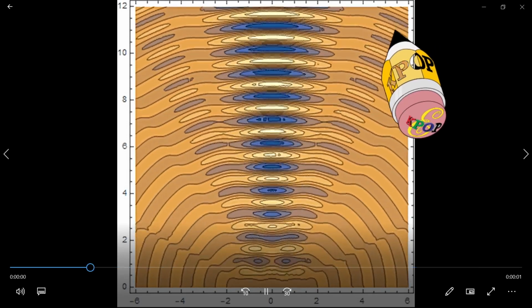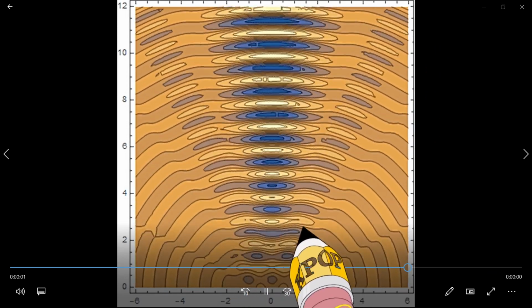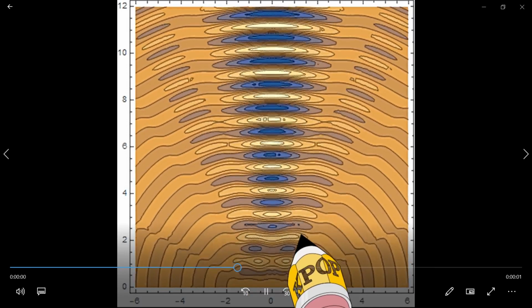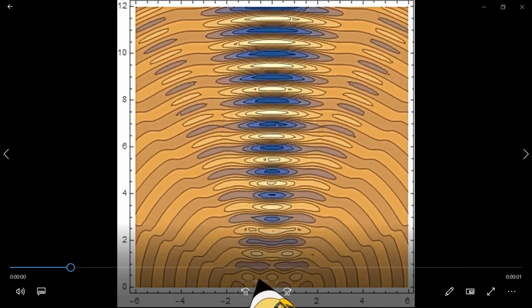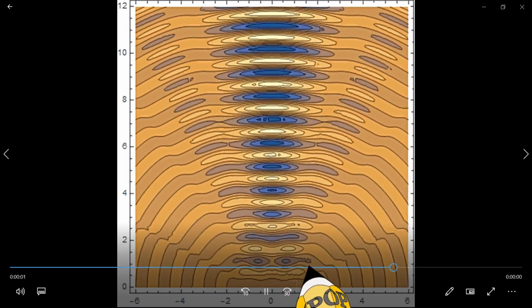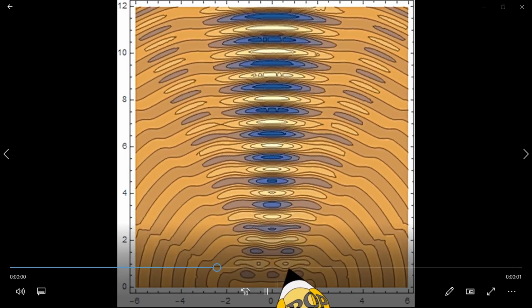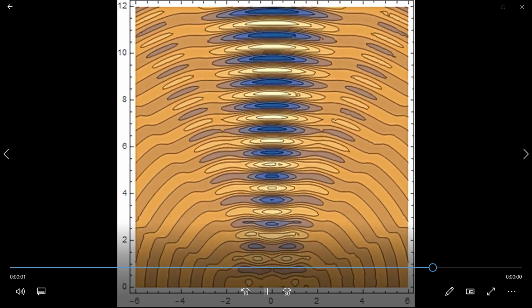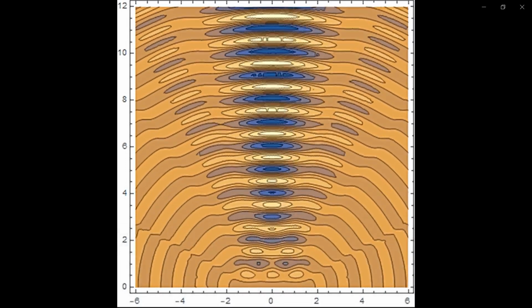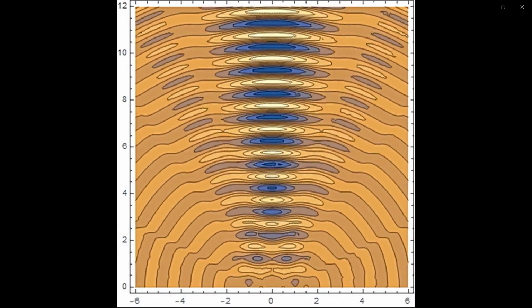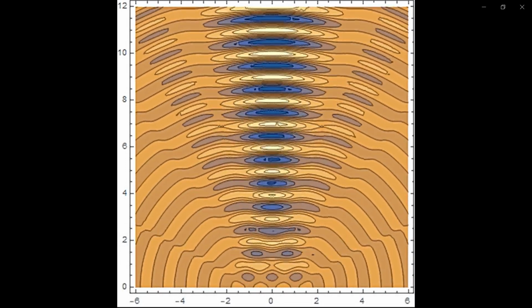But the curvature differs. It is flatter in comparison with a small hole. This aperture a is 3 times the wavelength. If we increase the width of the hole further by 5 times,